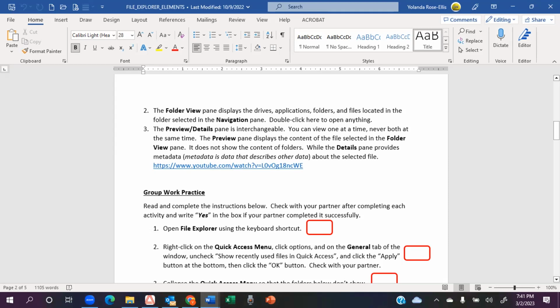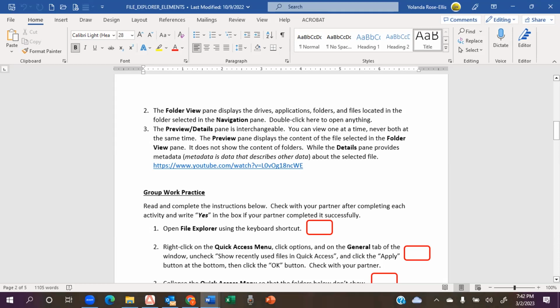The preview pane displays the content of the file selected in the folder view pane. It does not show the contents of folders, while the details pane provides